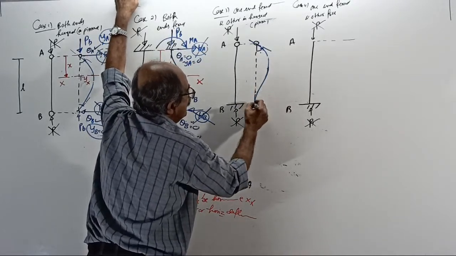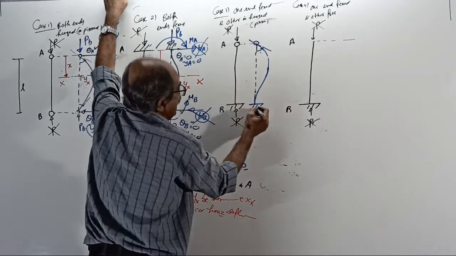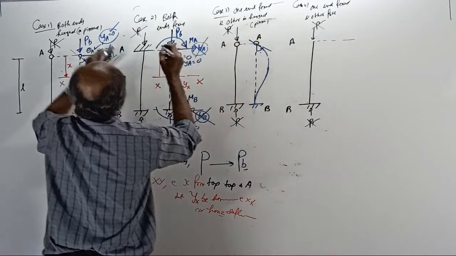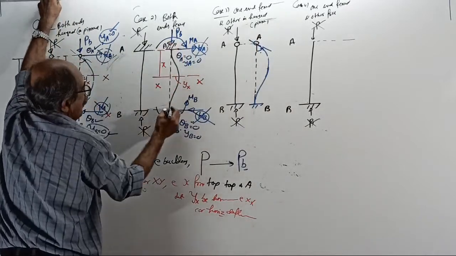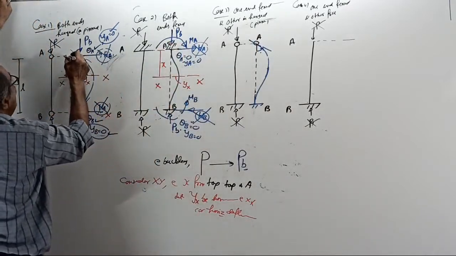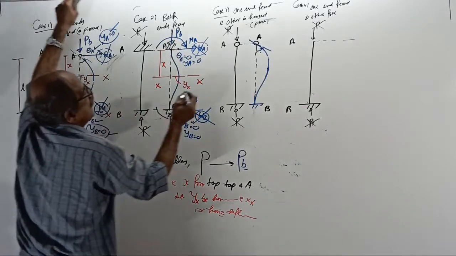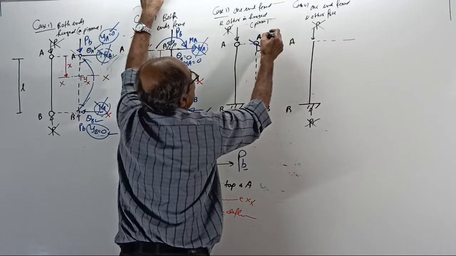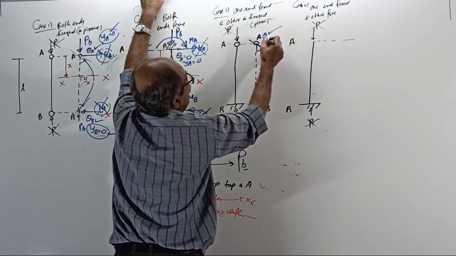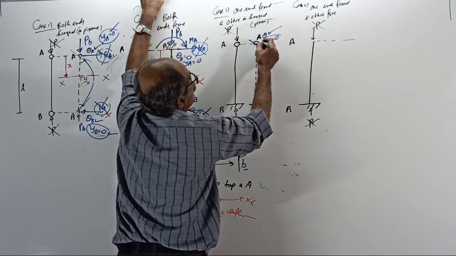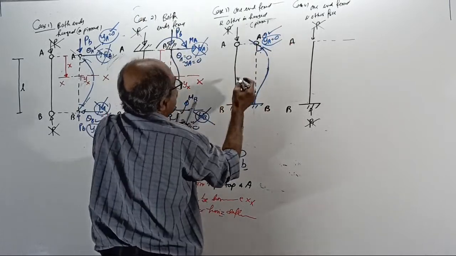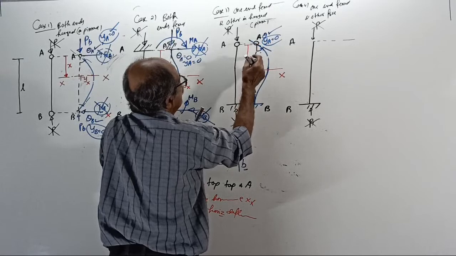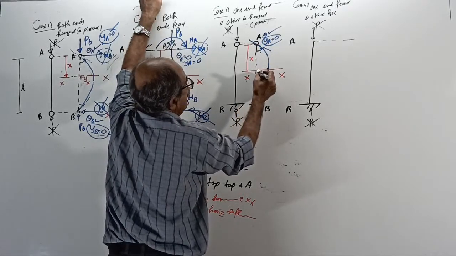Okay, here. Therefore, if you draw a tangent here, this is the point B. This is a point A. At the point A, you can tell theta A is there, but deflection at A is equal to 0. See, as usual, if I take a section XX at X from here, this is Y at the point X,